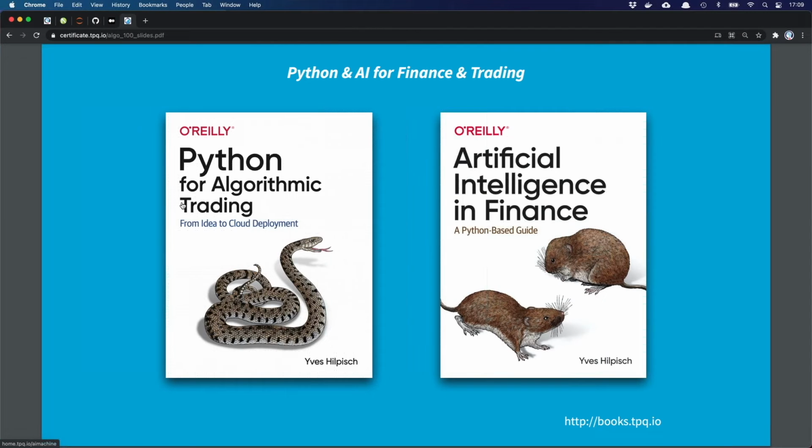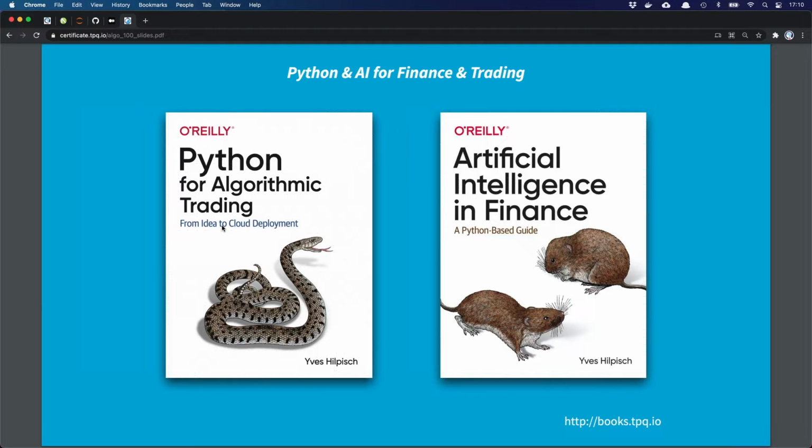These are the books from last year, 2020, Python for Algorithmic Trading, and this is the long read. So when we have the Medium article with 100 lines of Python code, this is the 350-page version of it with all the details, and the subtitle says it all: From Idea to Cloud Deployment. So from your first strategy idea to cloud deployment.